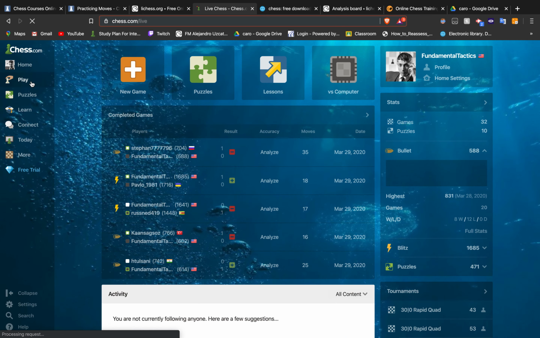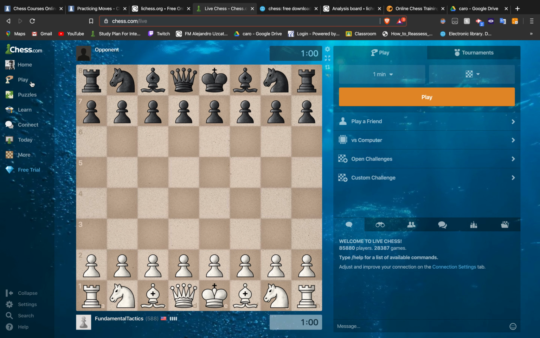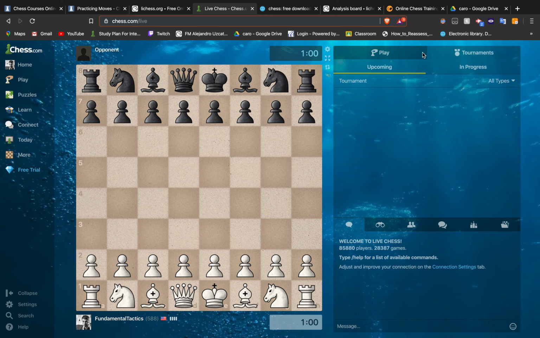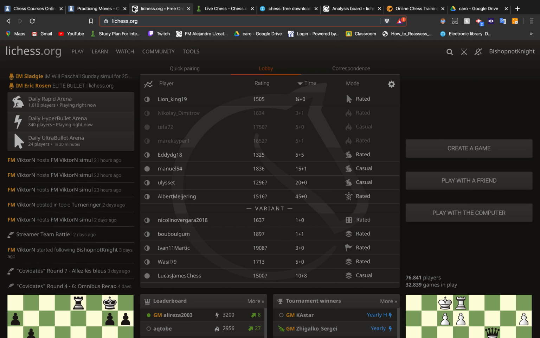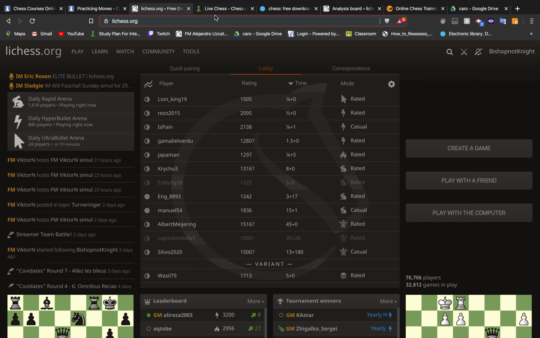Easy to get on, easy to play with, and it just allows you to do what you want. If you want to play, you can just click play. It's very simple, intuitive, and that's why I like it. There's a lot of other cool features on chess.com, but that's also probably not important because many of you are